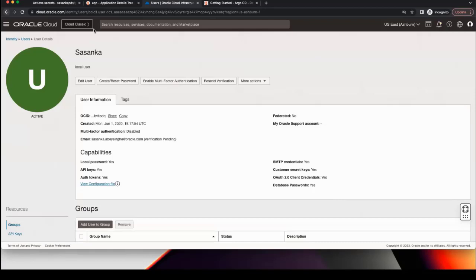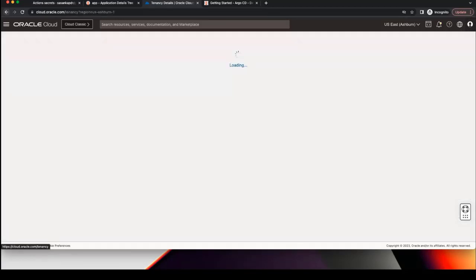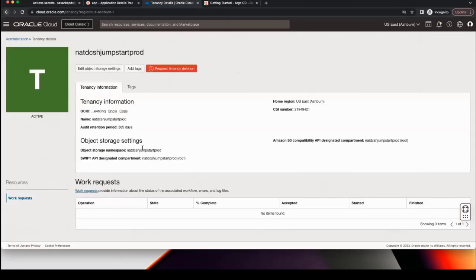So in tenancy, at the tenancy level, I can go back and copy my object storage namespace.